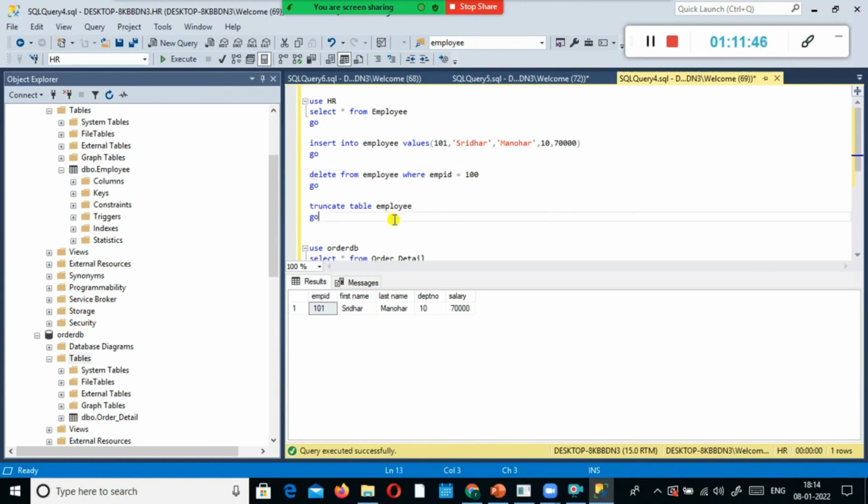Whereas when I use truncate, it will truncate the entire table. You don't have an option to delete specific records using truncate table. The other issue with truncate table is it will permanently delete the records from your employee table. The entire table's records will get deleted. Right? Sometimes you are using a temporary table. Let's say you are joining two different tables or multiple tables, and then you store the output in the temporary table.